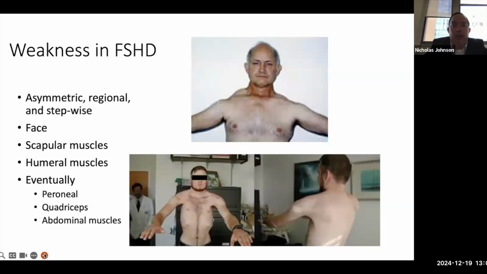I always like to start from the beginning, just to make sure, in case there's new folks on the call today. So weakness in FSHD is asymmetric. It's regional, it's stepwise. And it typically starts in the face and scapular muscles. Then it tends to involve the humeral muscles, like the biceps and triceps, and then eventually involves the muscles of the legs. And so actually, if you think about that, it makes clinical trial design somewhat challenging in the sense that,